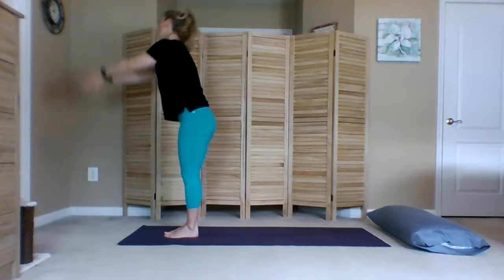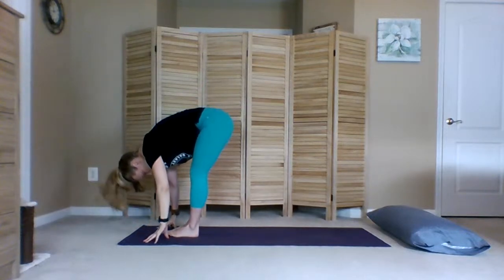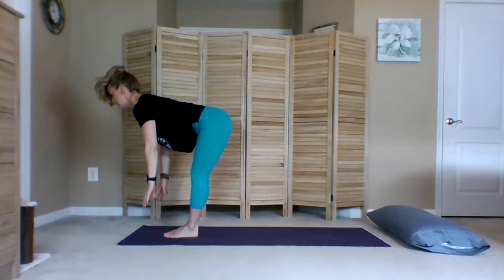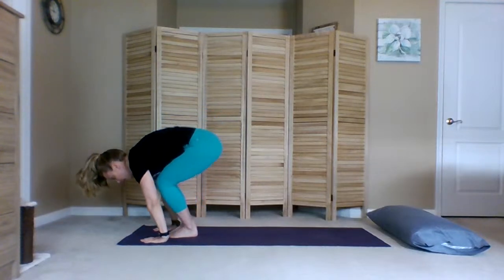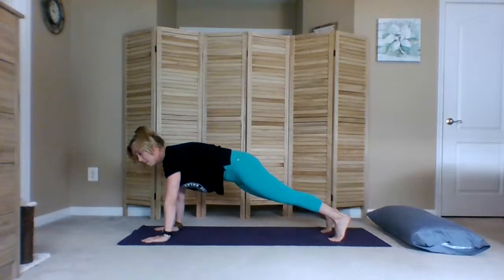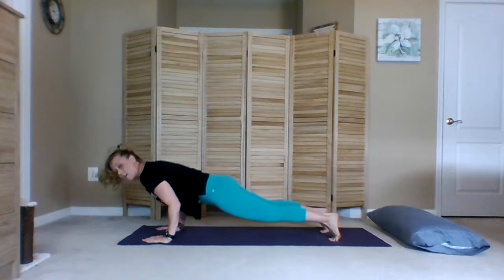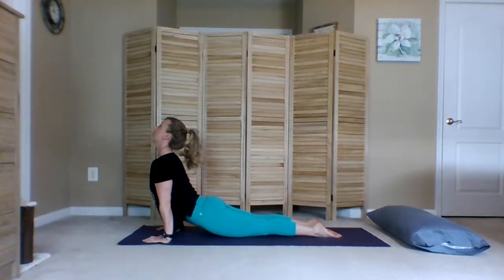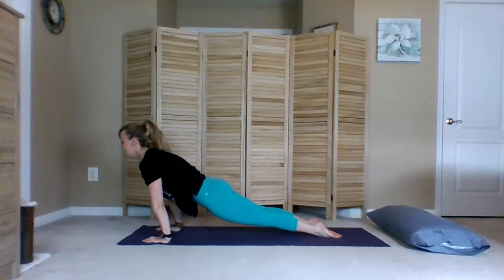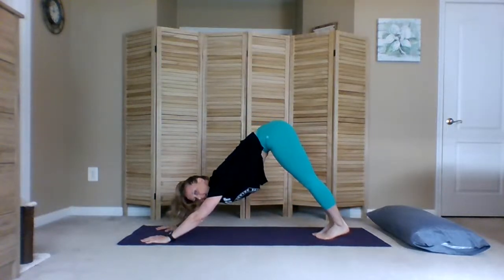Good. Inhale, rise up. Exhale, fold. Let's take a vinyasa here. Inhale, halfway rise. Exhale, fold. Hop, step, or jump your way back to your version of a vinyasa. Maybe you're going to put your knees on the ground and chin, chest, pull forward. Maybe you chaturanga down. Emphasis here for everyone, pulling the heart forward, feeling the sacrum press in. Feel the back bend. Exhale, draw the body up and through to that lovely little